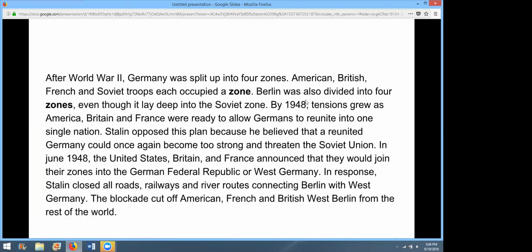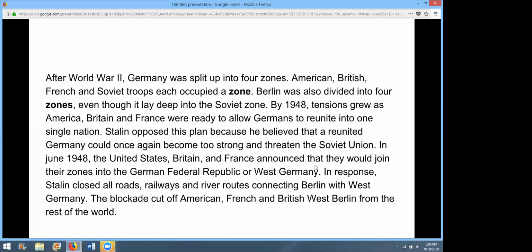By 1948, there's a date right there. Don't let it mess with your mind. By 1948, tensions grew as America, Britain, and France were ready to allow Germans to reunite into one single nation. Guess what? Oh, hey, there's a person, Stalin. Okay, that might be a main person you need to know. Stalin opposed this plan because he believed that a reunited Germany could once again become too strong and threaten the Soviet Union. In June, this should be a capital J, 1948, the United States, Britain, and France announced that they